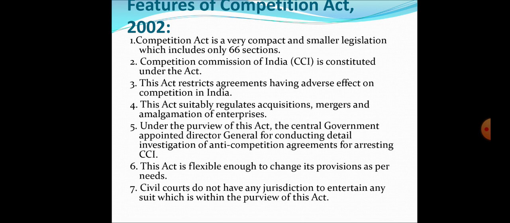And also this act is flexible enough to change its provisions as per needs. And the last important feature is that civil courts do not have any jurisdiction to entertain any suit which is within the purview of